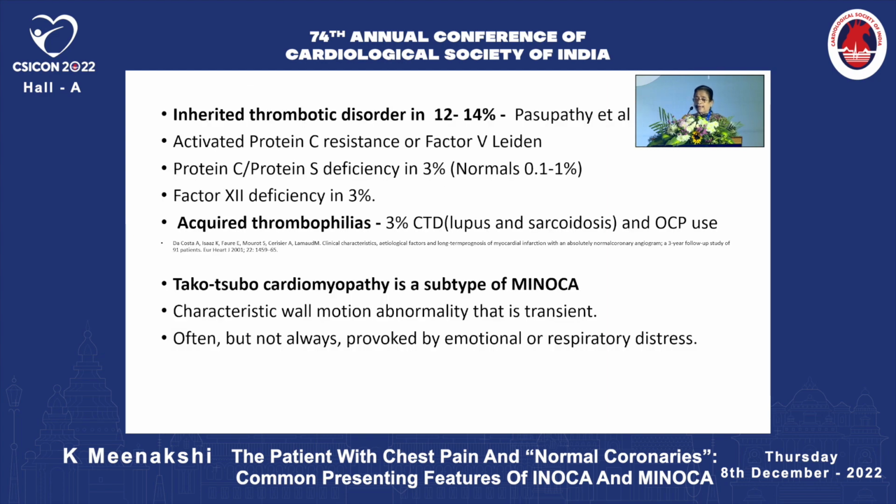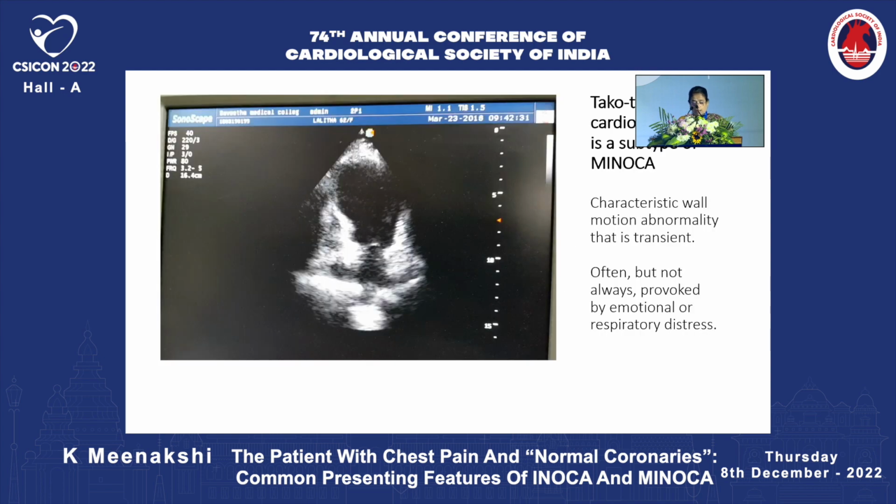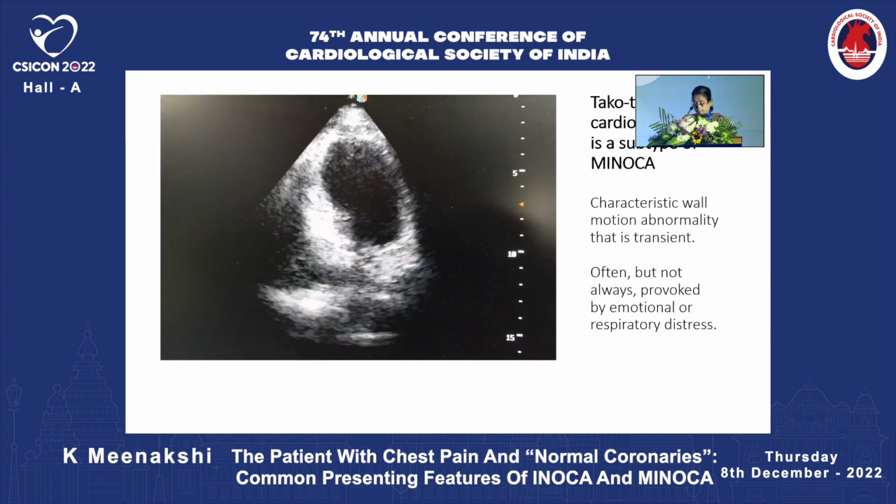So second, you have to rule out inherited and acquired thrombophilias, protein S, protein C, factor V Leiden, etc. Maybe they could have caused an occlusion of the coronary arteries leading to an MI, and later on these clots could have got lysed. Takotsubo cardiomyopathy is another subtype of MINOCA with the characteristic wall motion abnormalities, which